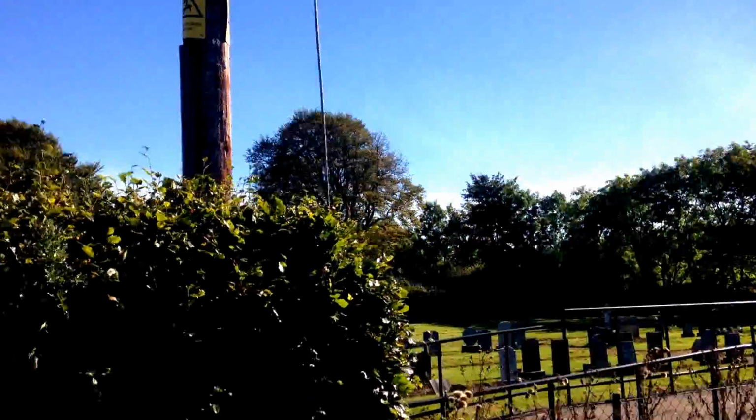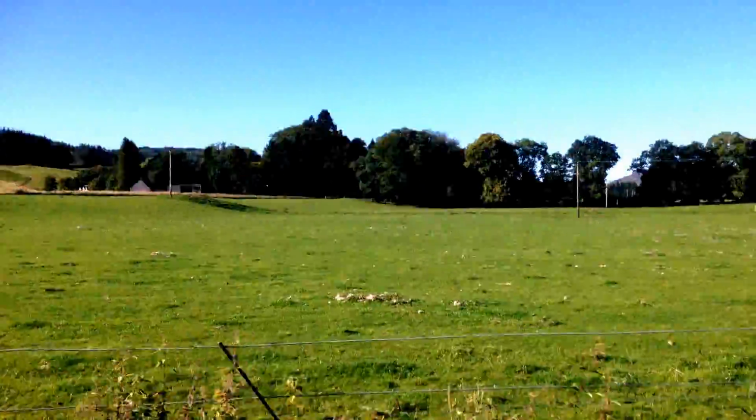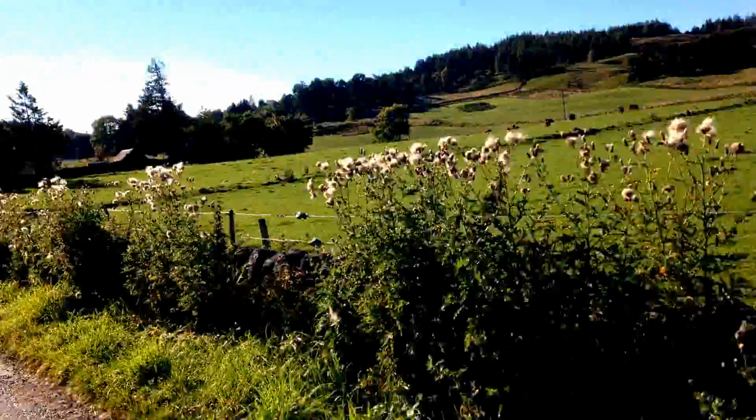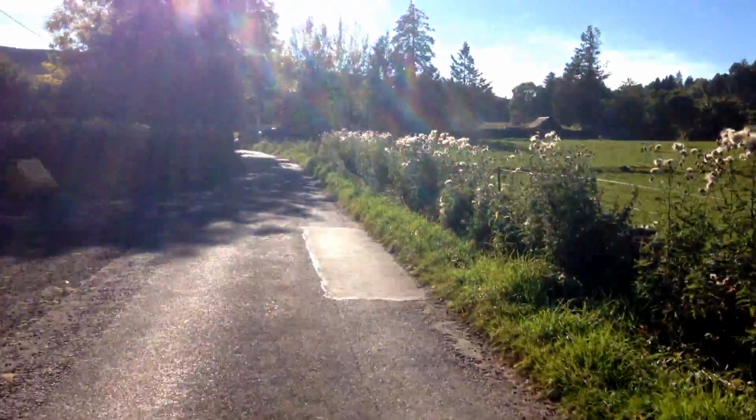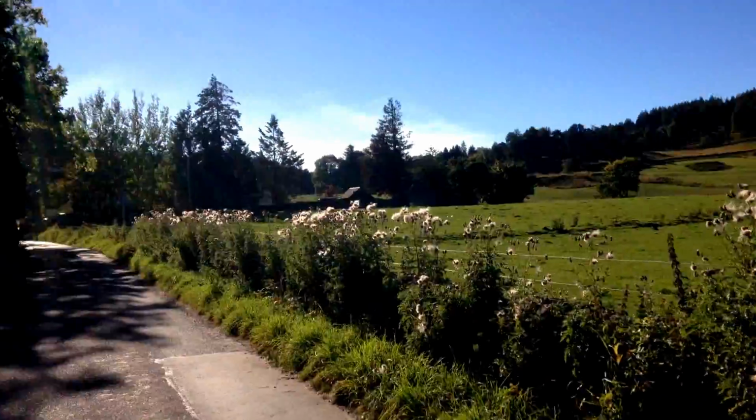As you can see, we have a graveyard up here. We've actually got two graveyards in the village, as far as I know. I think it's two, unless there's another one around here somewhere. So yeah, up ahead